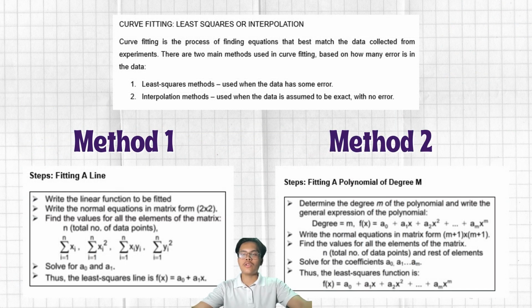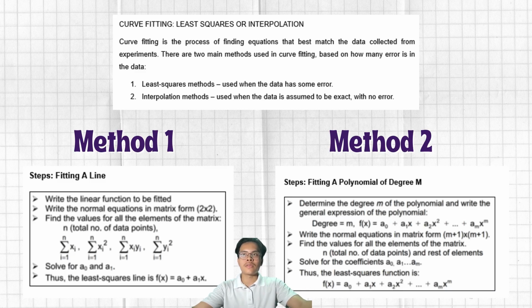Right now, I'm going to introduce you to fitting a line, or linear regression. The goal of the linear least squares method is to find a straight line that best fits the data points. This best fit line is the one that makes the total error as small as possible. The error is measured by adding up the squares of the differences between the actual data points and the values